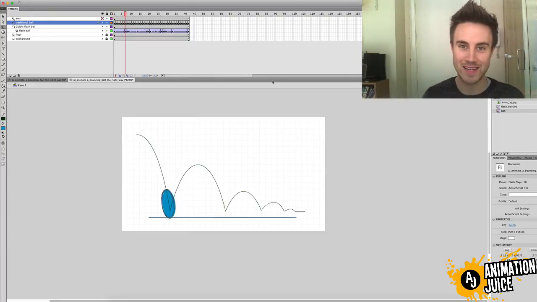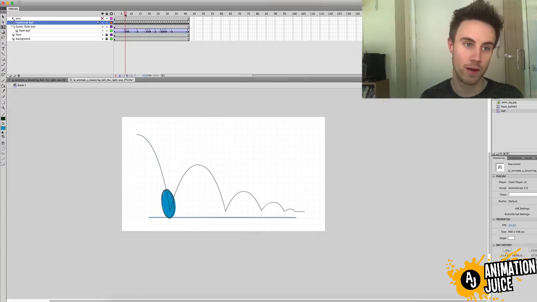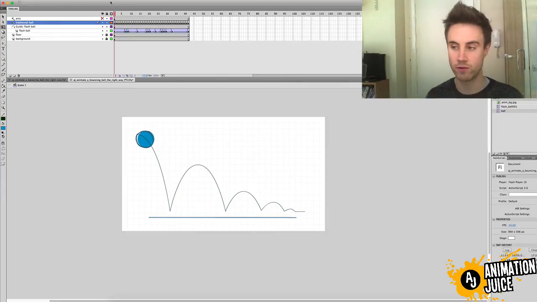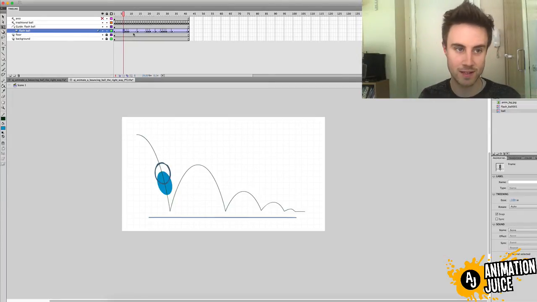To get that added snap and that added vitality, we want to show a bit of contrast. And so, right before the ball is very squashed, I want to show the ball very stretched, but only for that frame. I don't want the whole thing to look really stretchy and squashy. So in order to do that, what I'm going to do is hit F6 on the